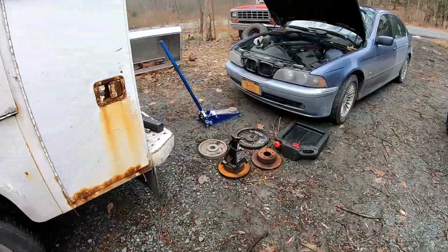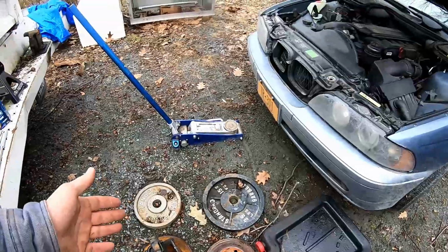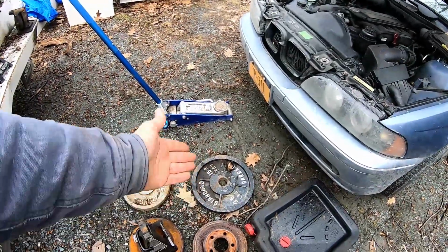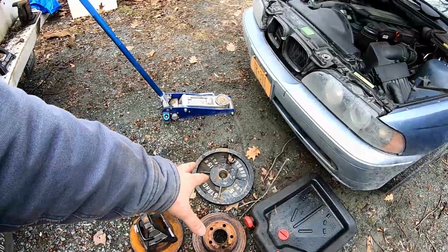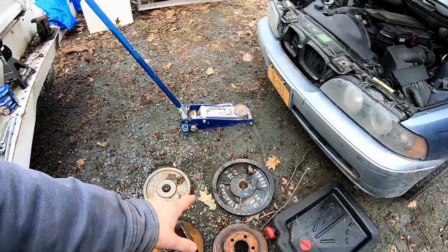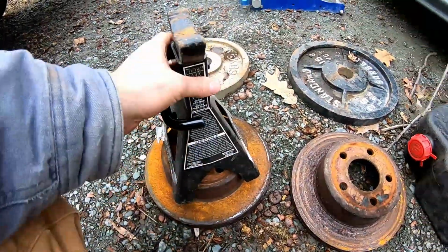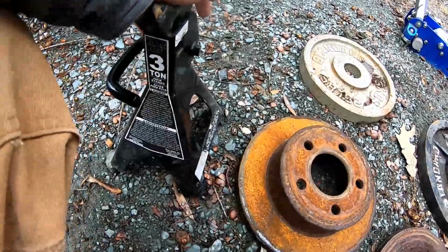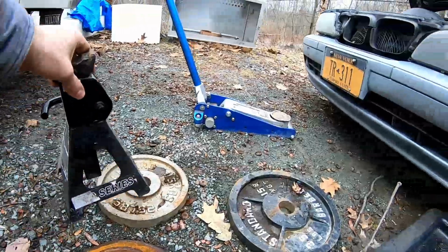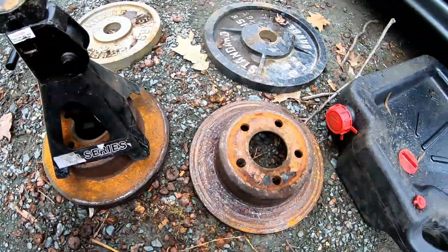The tools you're really going to need, especially if you're doing it in your driveway, which in our situation is muddy, we're going to want a larger metal plate or something like that. I just happen to have some bell bars. But you want something where you can put your jack on and jack it up without worrying about it sinking into the ground. So that works fantastic. You're going to need the same thing for your jack stands. The problem with jack stands, if you just set it like that, this will sink right down even with my own pressure. So you can use smaller